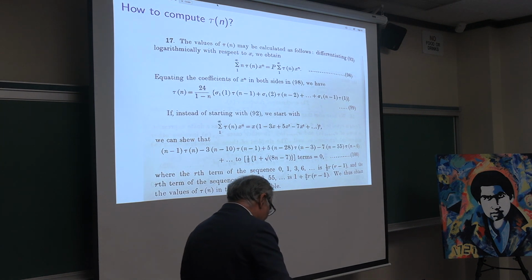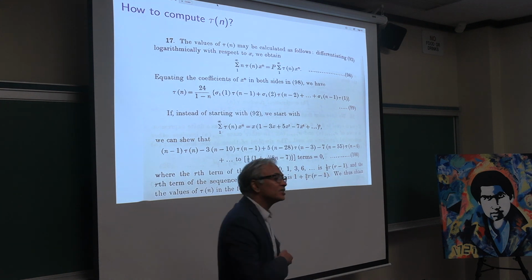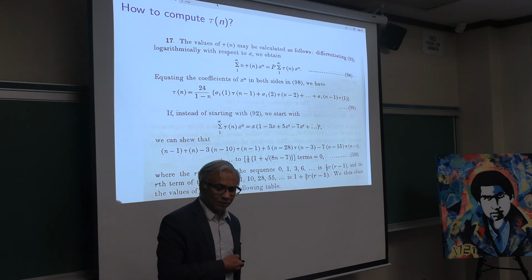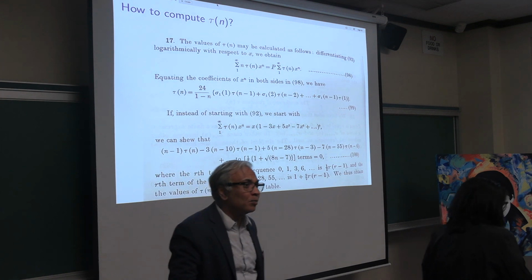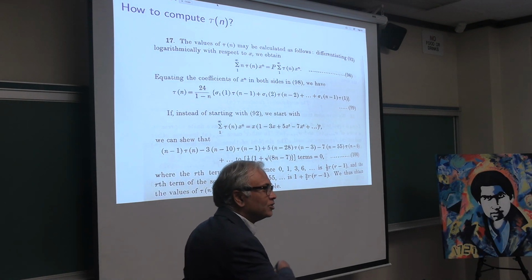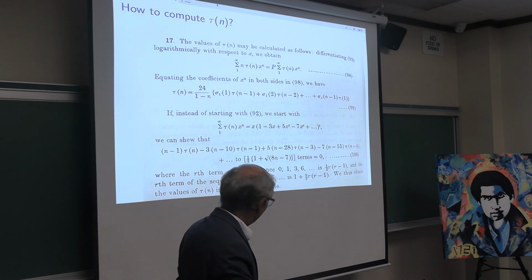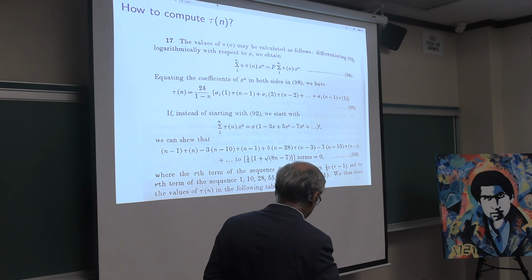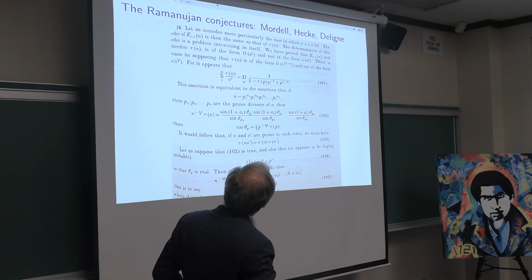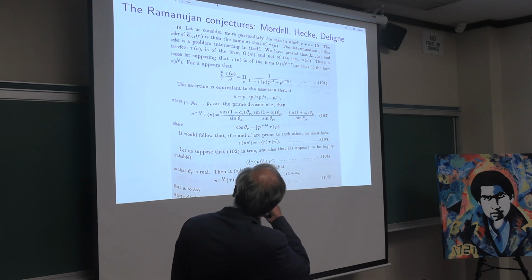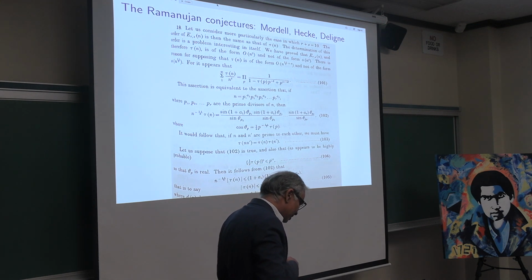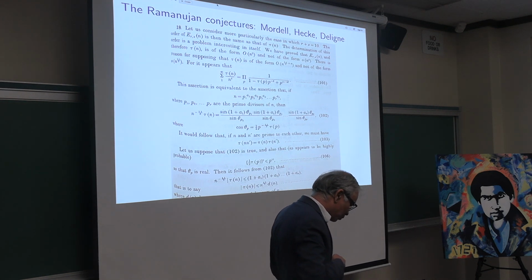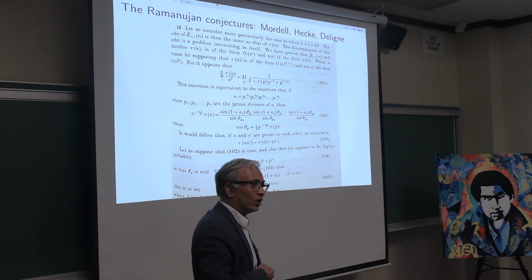So his paper is filled with things of this type where you say he computes this table, but how did he compute this table? And he kind of tells you what he did. And it's interesting. And the next thing that he says is this is the sheet where he talks about the Ramanujan conjectures. And this is an amazing piece of work, and it's incredibly modern